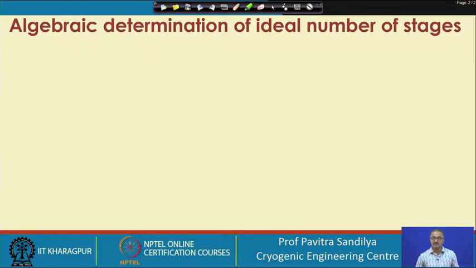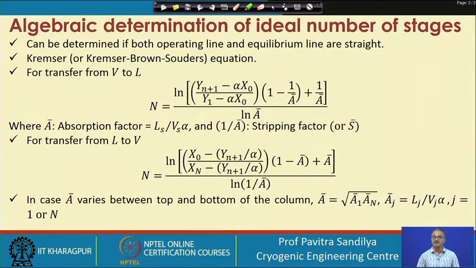Now, there is another way of finding the number of ideal stages algebraically. Without any derivation, I shall give you the final form of these equations, which have been derived by Kremser, and this is known as Kremser's equation, or sometimes the Kremser-Brown-Souders equation. These equations give us the ideal number of stages, and here we find if the transfer is from V phase to L phase,